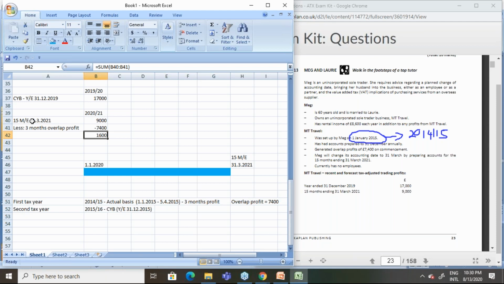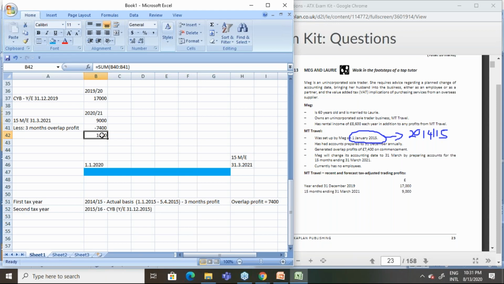You picked a later date in the tax year as your new accounting date, where you have prepared accounts of 15 months. However, the assessable period should be reduced to 12 months according to the rule. For that, you can use the overlap profits. If your overlap profits were for 6 months, then 7,400 divided by 6 multiplied by 3, because you have to bring it to 12 months. But here we have exactly 3 months overlap profit. So from 15 months, when you deduct 3 months overlap profit, it becomes 12 months,